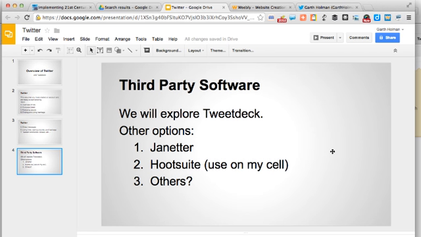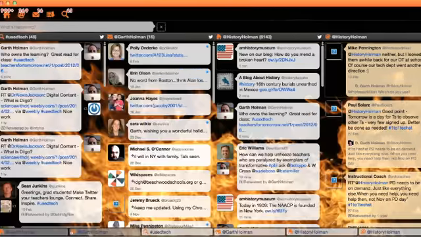I'm going to take a look at a couple of third-party software you can use. We'll take a look at this Janner first. This is actually running right now. Janner looks a little different. This is the way Janner works. You can create a custom background. I know a lot of people really like this particular piece of software and the way it works,